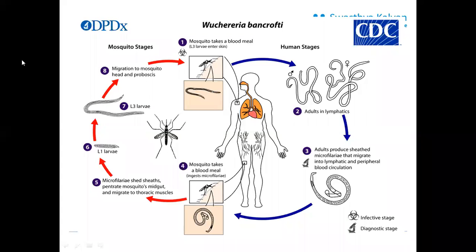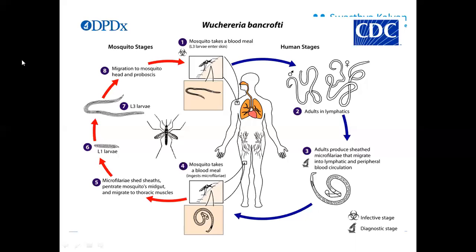Welcome to the third and last part of our discussion of Wuchereria bancrofti. So what happens here is, in the life cycle of Wuchereria bancrofti, the mosquito feeding on human blood will inoculate a larva at the third stage into the human blood, from where they develop into adult lymphatic worms, and in the lymphatics, they travel to the lymphatic glands where they develop into the adults.